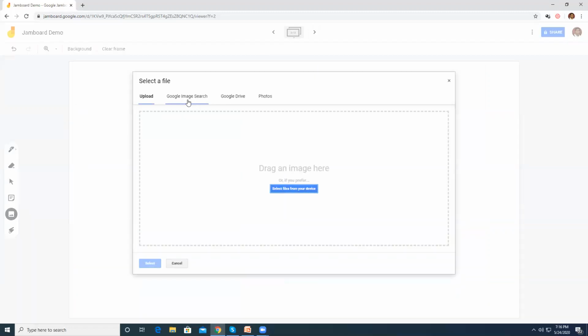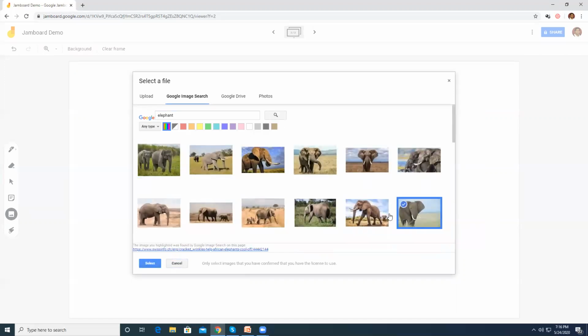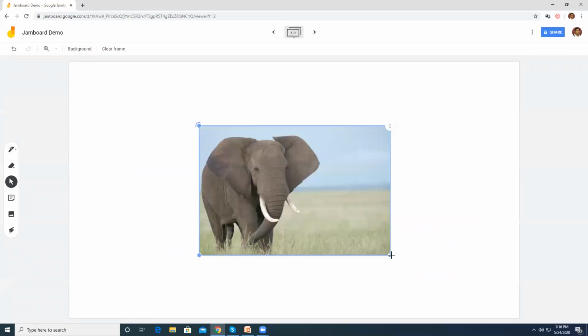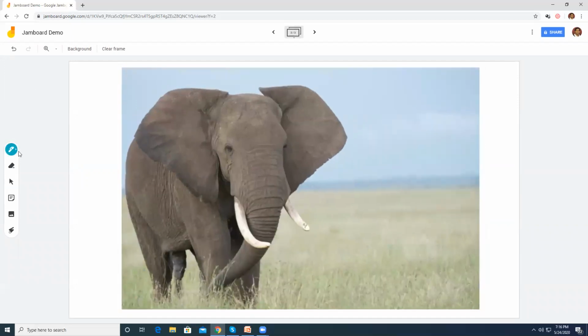And once again, let me do a Google search, and say I want to explain something to the student. So let me just Google an image, let me take it, let me just put it. So basically you can upload photos and images, either from your drive, from Google itself, or from your local computer. And now you can start explaining whatever you want to explain about this. So you can say these are the ears, and these are the eyes of an elephant. I mean, basically whatever you want to explain, you can explain. I'm sorry, these are tusks. This is the trunk. And you can do all of that.